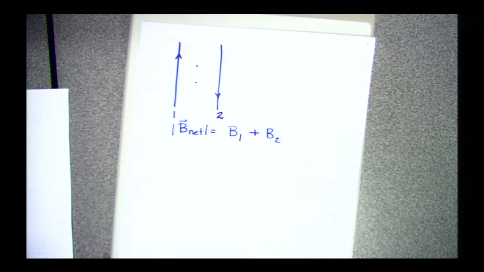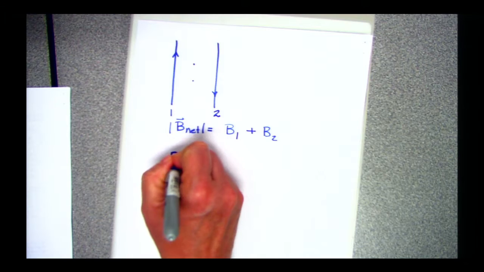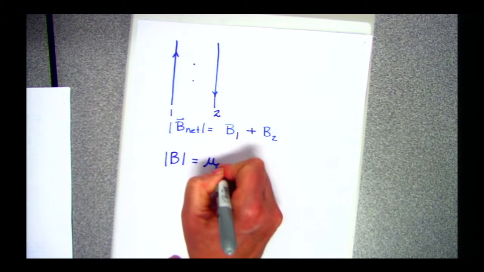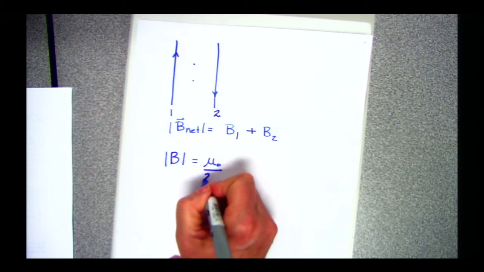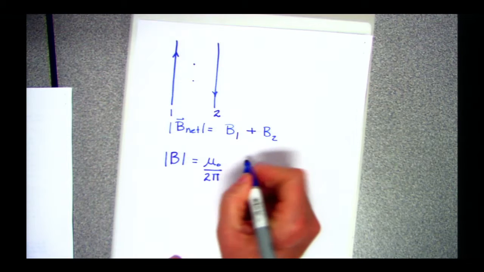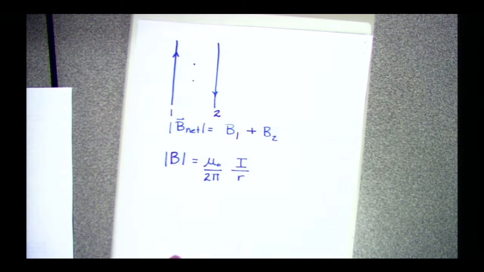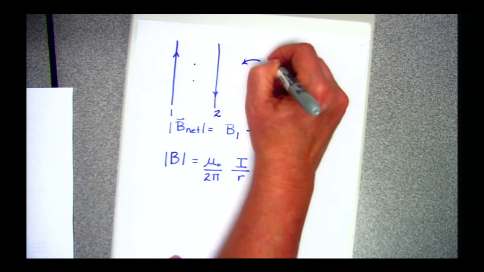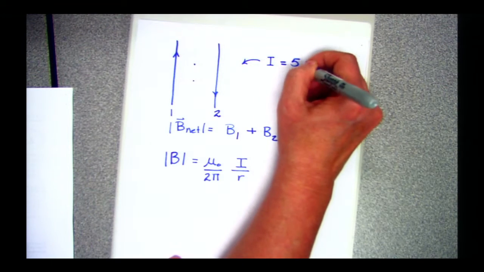And if you go back and look at what we did on the slides and what's in your book, the magnitude of the magnetic field is going to equal our permeability of free space divided by 2 pi times the current divided by the distance r. So if we have these two wires, and the wire that we have has a current of 5 amps,